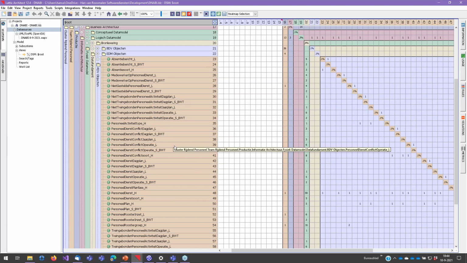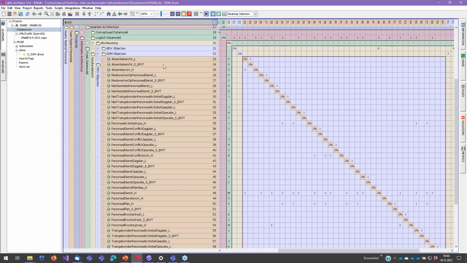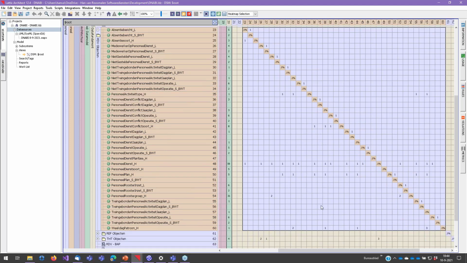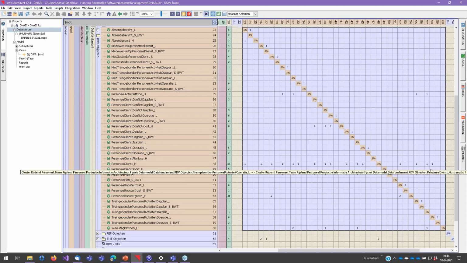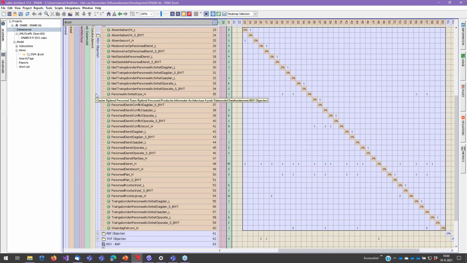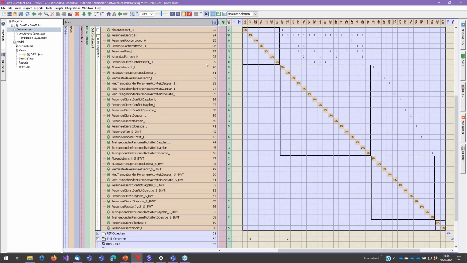And these are the data tables in production according to the model. So what you see here is the relationships between the various data tables. And of course, you see dependencies above and below the diagonal, but if I do a partitioning like this,